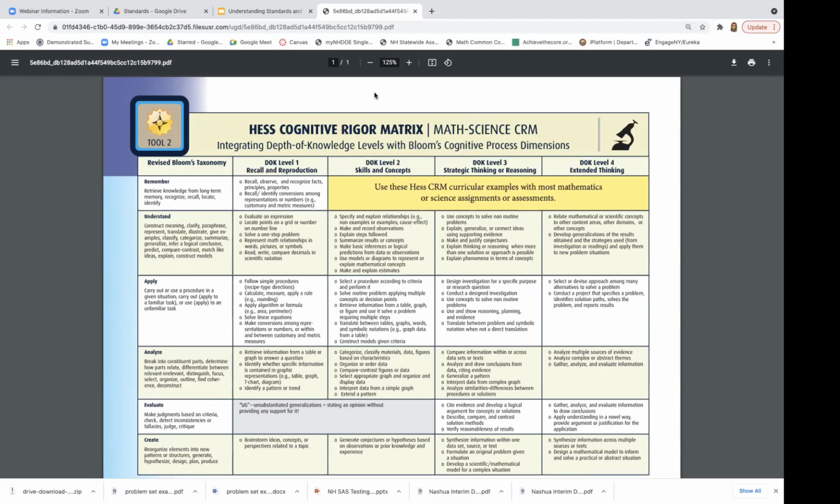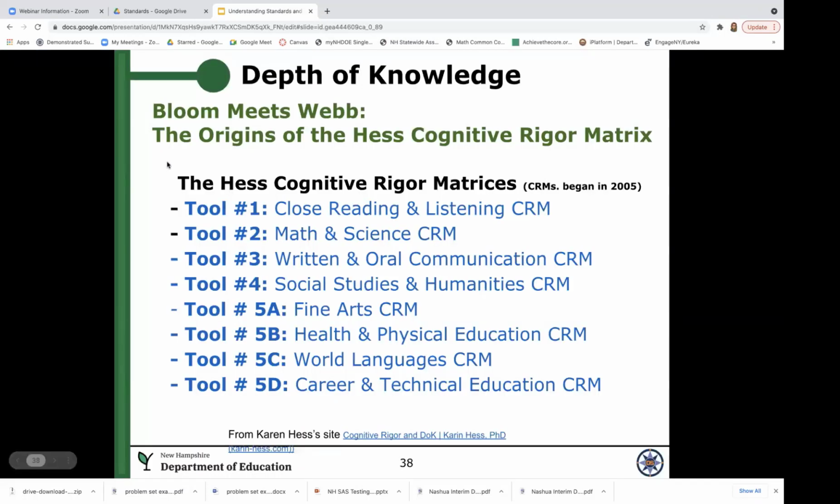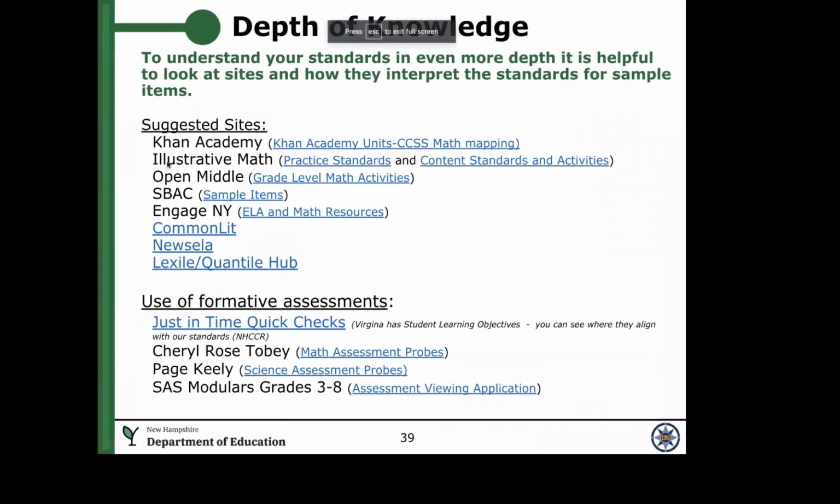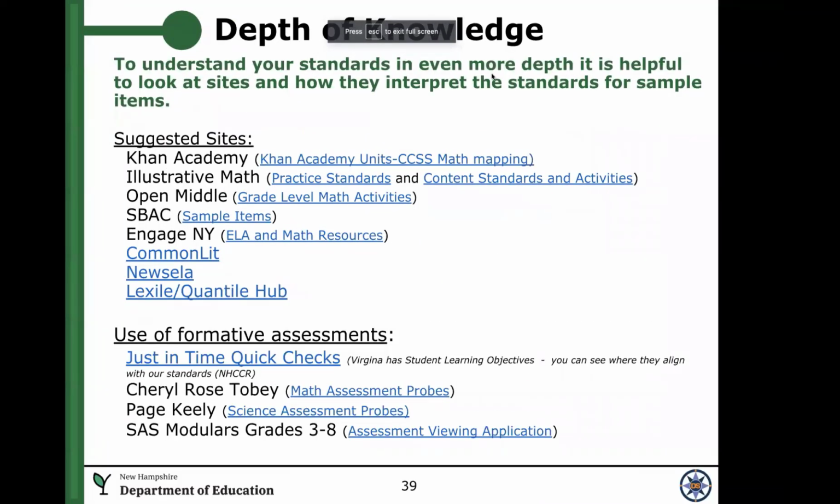So these are the cognitive rigor matrices. And Heather, those can really help as schools and teachers start looking at different tasks for their students. Exactly. Okay, so as we're looking at depth of knowledge, when we're really looking at standards and for us to understand